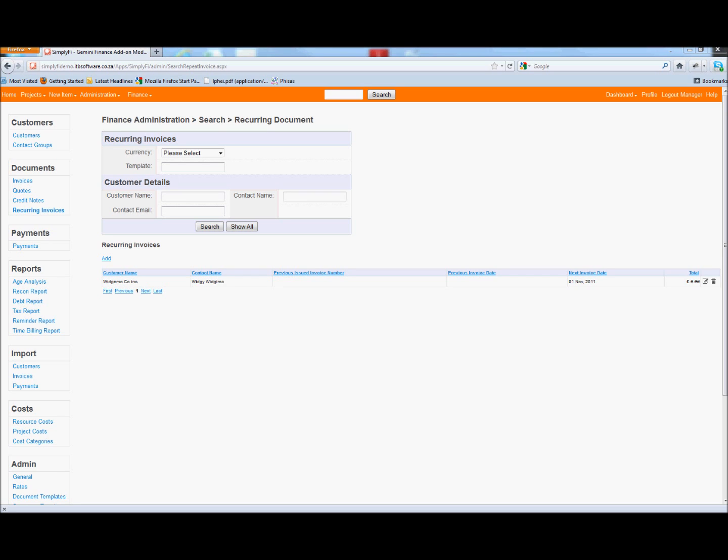Note that automated creation of recurring invoices is done via the Gemini Scheduler service, so this will need to be installed and can be downloaded free from